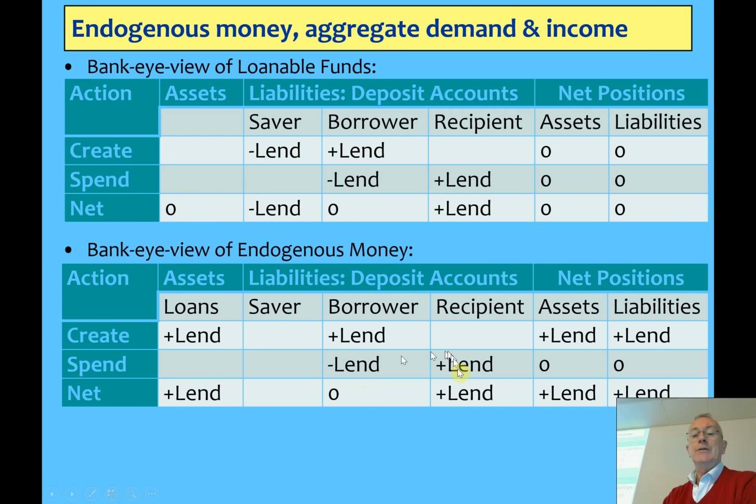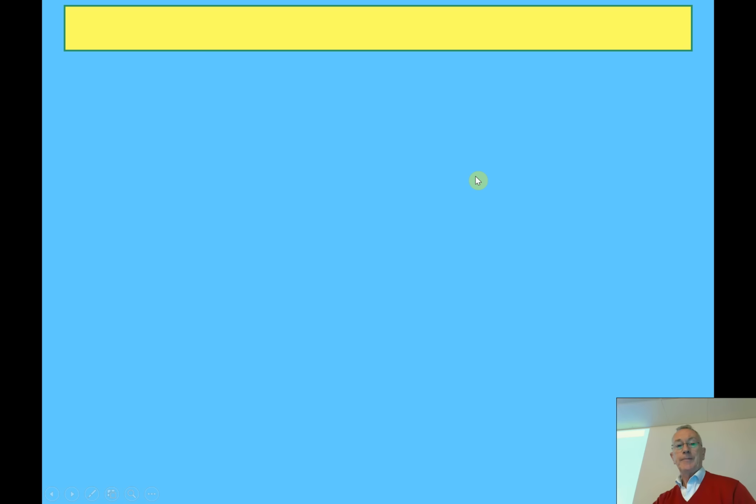Then when the person spends, this is separating it step by step, their money goes down, the recipient's money goes up. Again, there's no change in assets and liabilities. When you look at the net situation, there's an increase in loans, there's an increase in the amount of money in the recipient's account, so both the assets and liabilities have risen by the same amount. Okay? It's a fundamentally different situation to the one up here.